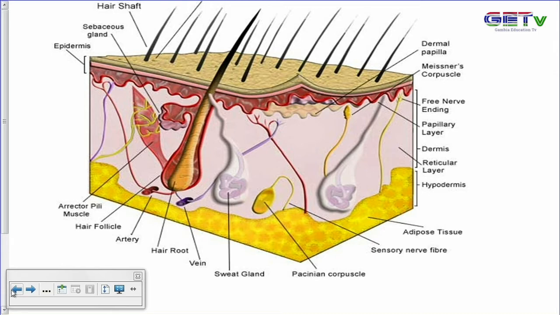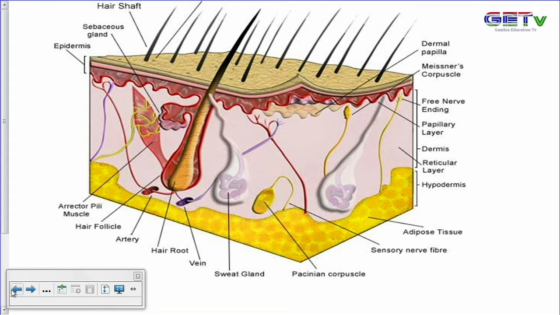The layers, the top part of the skin. And the other part here is the dermis. These are the 2 parts of the skin. And then when you look at the different layers, the conified layer, the malpighian layer, these layers help